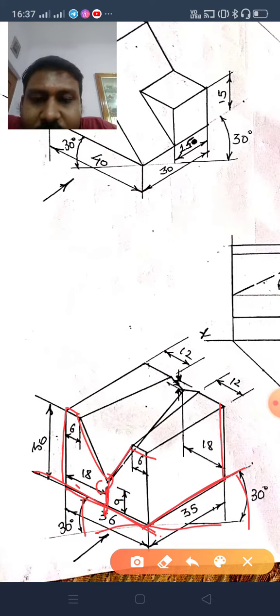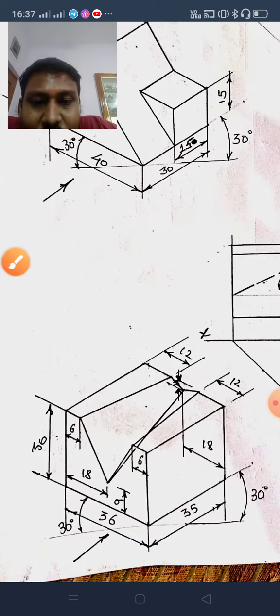Draw this. Okay, now again take this as 35 mm, draw this as 35 mm, take this 12. All these lines are parallel to these 30 degree and 30 degree, okay, and 90 degree. Only these 3 lines you have to draw parallel to these 3 lines, 30, 30 and 90. That's it, no other line should be drawn. So you will get this point, join this point from here, join this point from here, both these lines are joined.